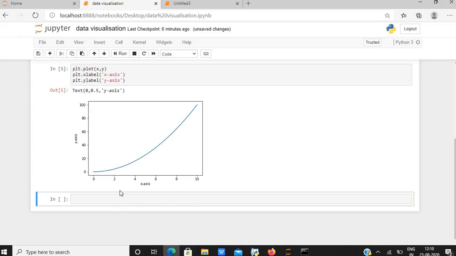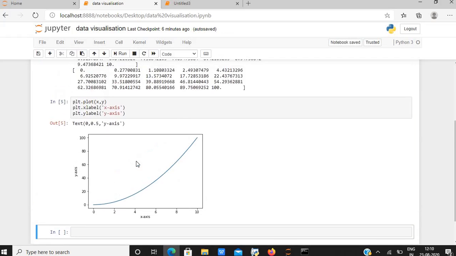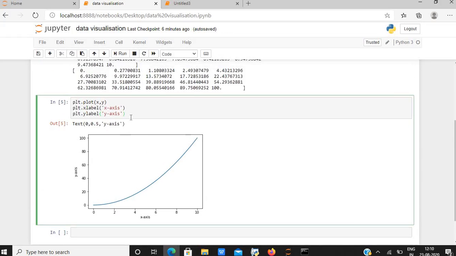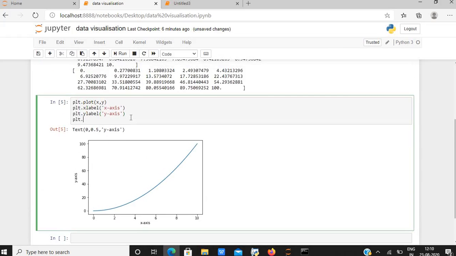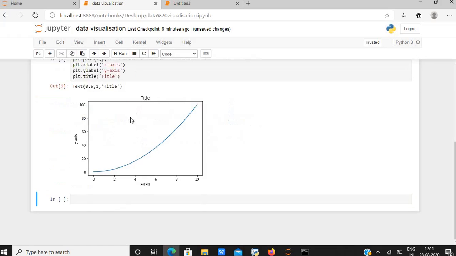As you can see, we have provided the labels. We can also provide a title by typing plt.title, and I am giving the name as title only. So I have got the title of the graph as well.